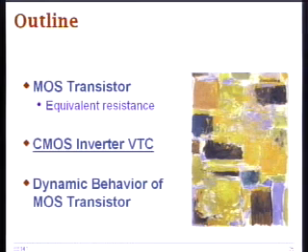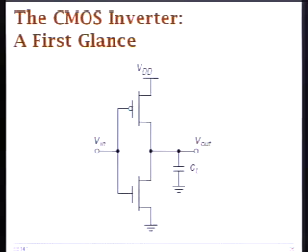Okay, so now that we have the current relationships and that we understand the resistive model of a transistor, now we can go back to our voltage transfer characteristics and see how we can derive parameters on VTC. It's instructive to start with an inverter example because it is the single most important gate in CMOS, and principles derived for an inverter will be applicable to more complex gates and more complex blocks such as multipliers, microprocessors, and so